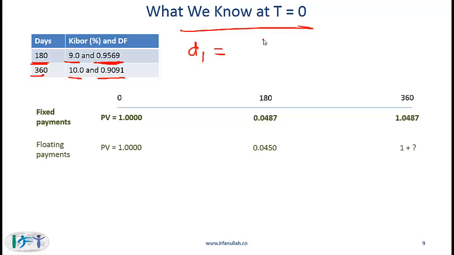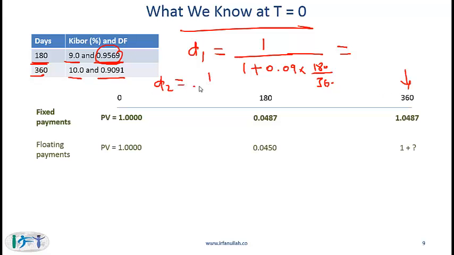So what's the present value? It's 1 over 1 plus 0.09 into 180 over 360, or simply divided by 2. When you do this calculation, you are going to get this number over here. And what about D2? The present value factor for a cash flow received at the end of the second period. There we'll have D2 equal to 1 over 1 plus 0.1, and then it's times 360 over 360, which is 1. When you do this calculation, you will get